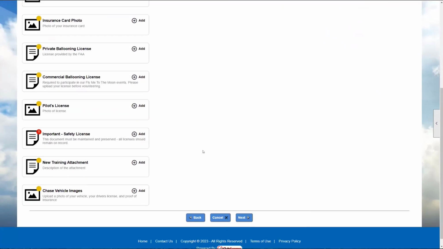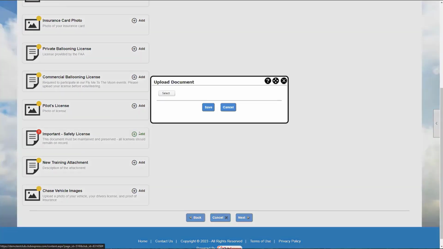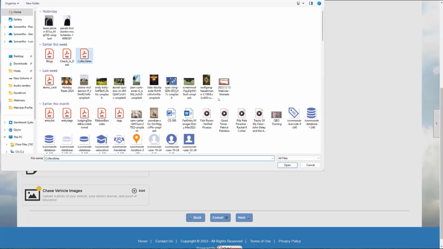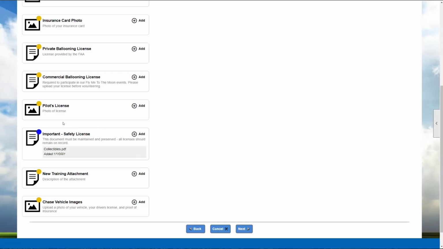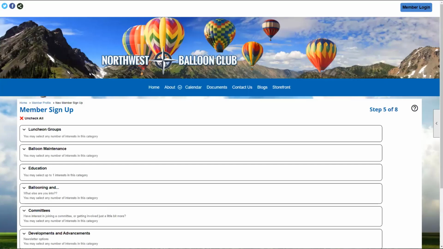We have all of our optional attachments plus our required safety license. I can go through and add in any attachments that I need to. It looks the same and behaves the same as it would for a member. I'll go in and add my important safety license. And even as part of the sign up process, those attachments are still going to be included with our administrator approval. So we see we still have that blue dot, and I can continue to go through this entire process,